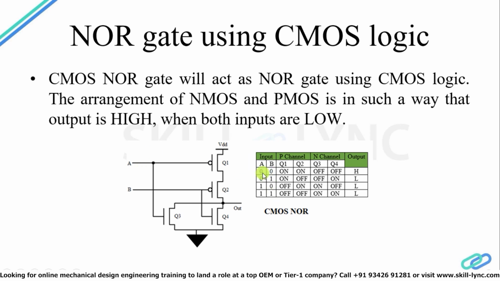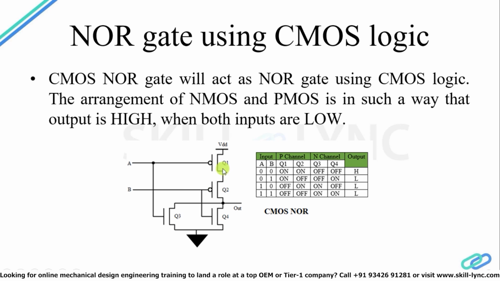So the truth table says A is 0 and B is 0. Here it is 0 because PMOS is getting 0, so yes, it is on. Q1 is on, and let's see Q2. Yes, Q2 is also on, and because these are connected with VDD, it is 5 volt, output is high, that's why it is 1. And here you will see both Q3 and Q4 are off. Why? Because these are NMOS, and for NMOS to be on, it requires 1, but you are giving 0 only. So this path is there, output is high and equal to 1.